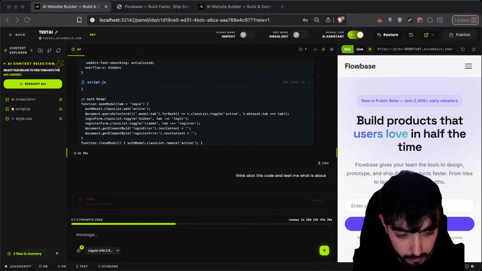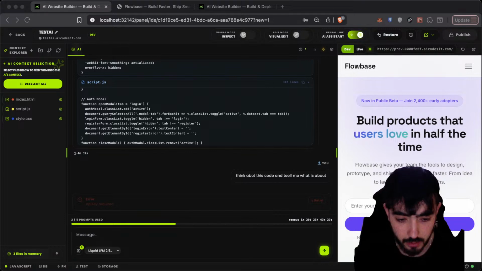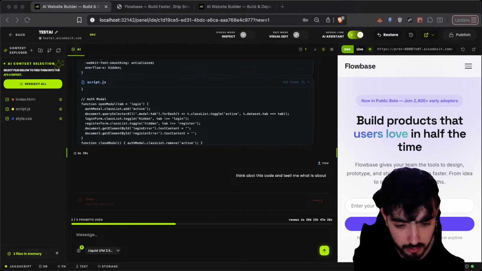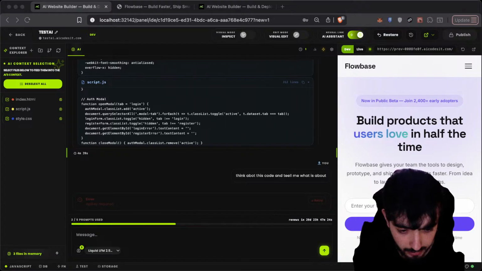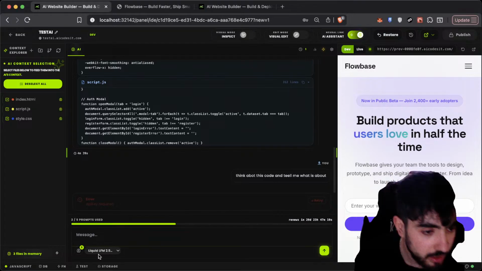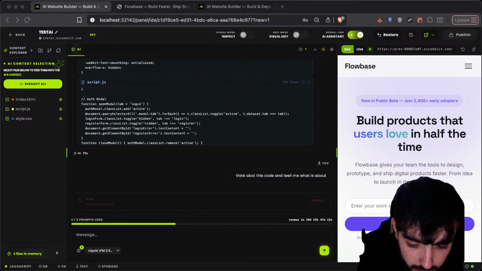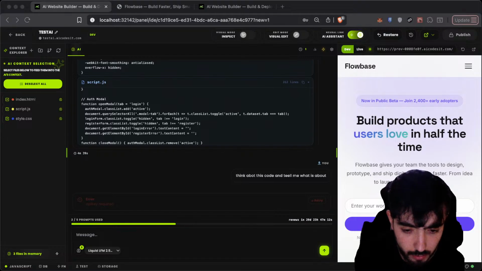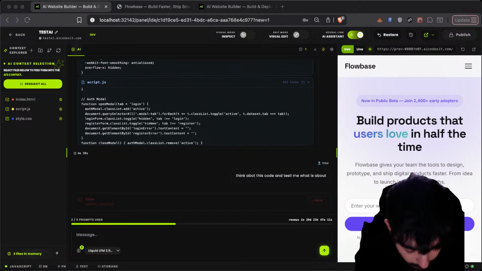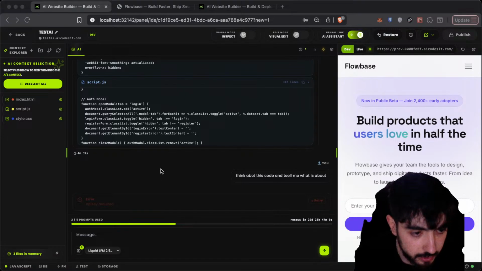I'm going to check here. Hey, what? I already have it. API key required, Liquid. Oh wait, it's not that one. I think it's the other one. Yes, it's this one. So update. Let me retry.